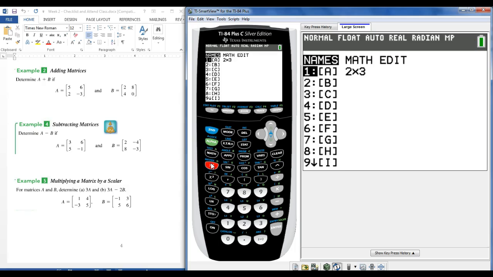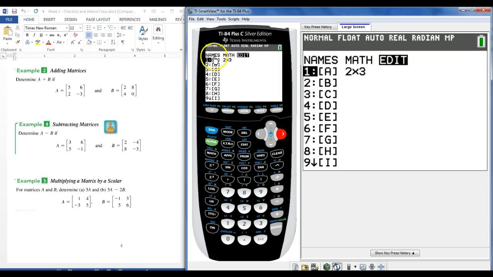Now when you get to this screen, it's going to look different for everybody. Unless you completely reset your calculator, whatever's sitting in here will stay unless you write over it. So you might see 3 by 3, you might see numbers filled in for B, C, D, E. That's all totally fine. So what you want to do is slide over to Edit, and then